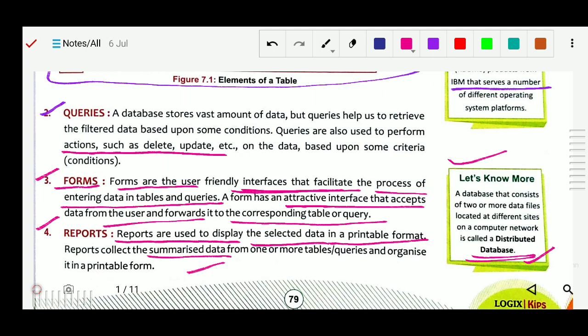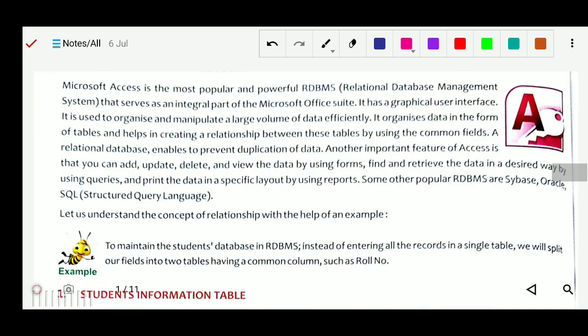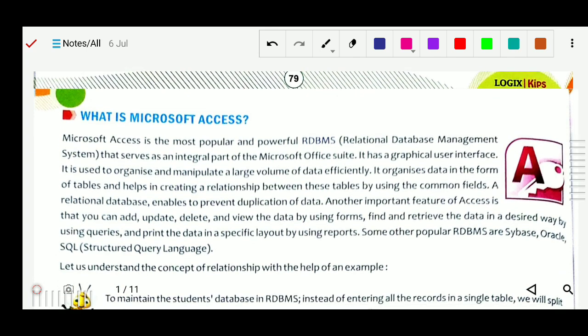These are the structure of database. Next, what is Microsoft Access? As I told you, there are two types of database: the flat file database and the relational database.